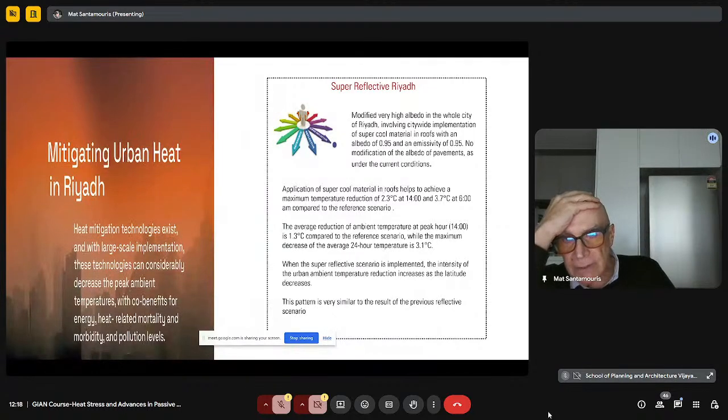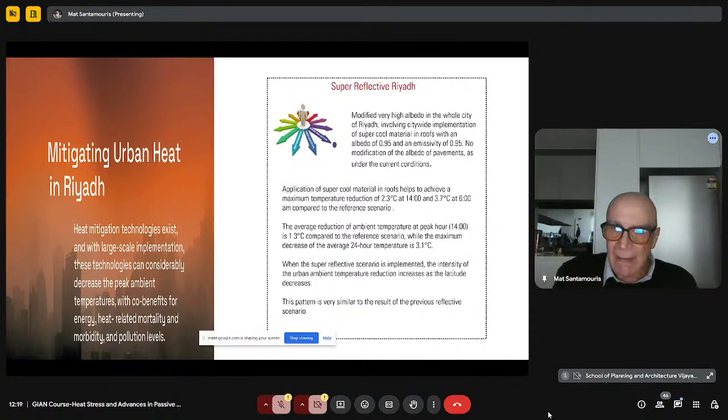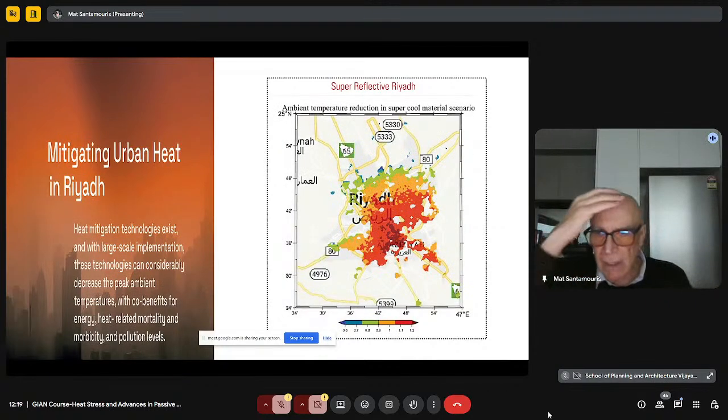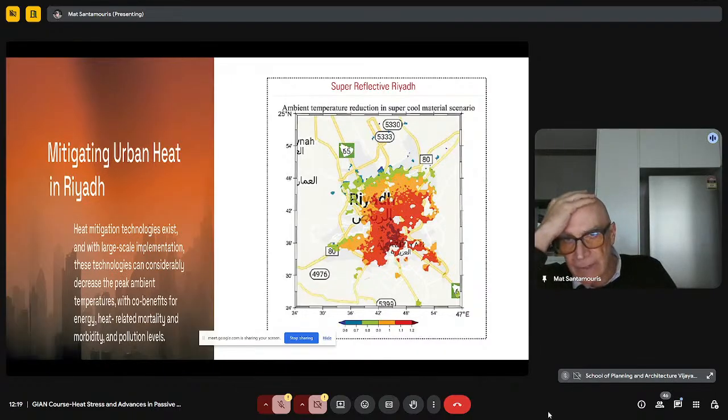Super cool materials, materials which really have a very high reflectance, 0.95, and a very high emissivity, let's say on the atmospheric window, 0.95. So in this case, the average reduction of the ambient temperature was between 1.3 to 3 degrees. And we had a much higher reduction of the ambient temperature because of the